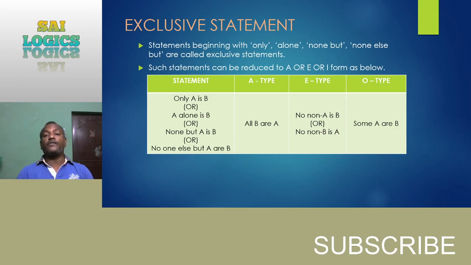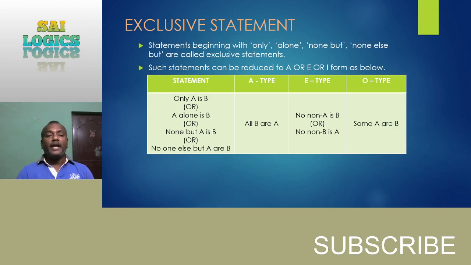Treated as exclusive statement. Why these statements are called as exclusive means the subject which was discussed in this statement will have certain exclusiveness. So that means those subjects will not have any possible derivation of conclusion. So what is this possible conclusion? That we will discuss in the later video when we discuss about conclusions. Now let us see what is an exclusive statement and how we have to understand it.